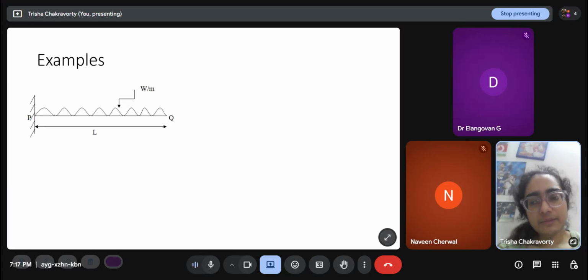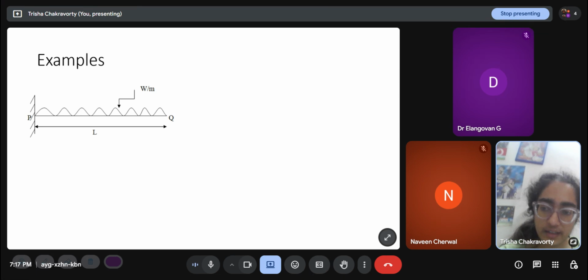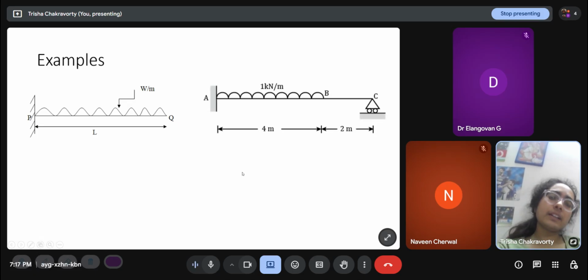Examples: a cantilever beam has three support reactions because it's a fixed support, so it has an X reaction, a Y reaction, and a Z moment support. And there are three equations of equilibrium that is always constant in the 2D plane. So this is a determinate structure. The degree of structural indeterminacy is 0. A propped cantilever has an additional reaction here in the roller, so it is indeterminate to degree 1, so first degree indeterminate.